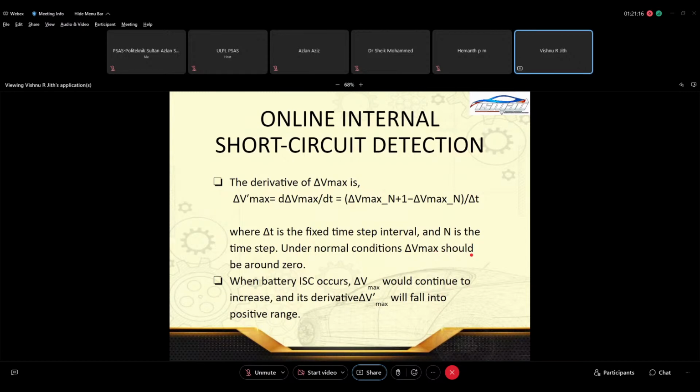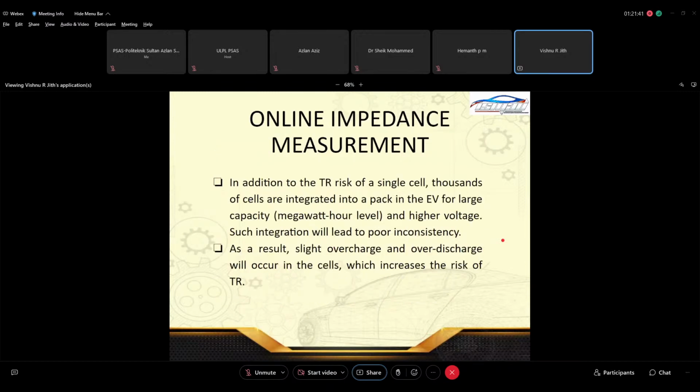So thus we will be able to identify that the battery internal short circuit happens, and if it is continuous, the thermal runaway can propagate to the other batteries near to that, so it entirely causes an explosion. So this method is able to find out the battery internal short circuit. So the next one is